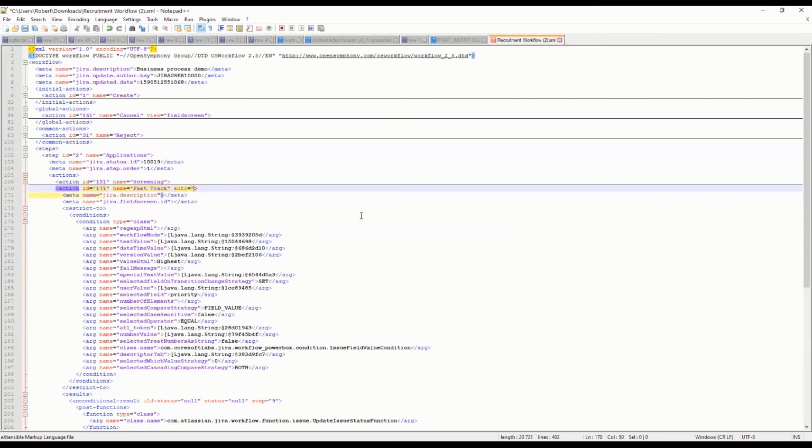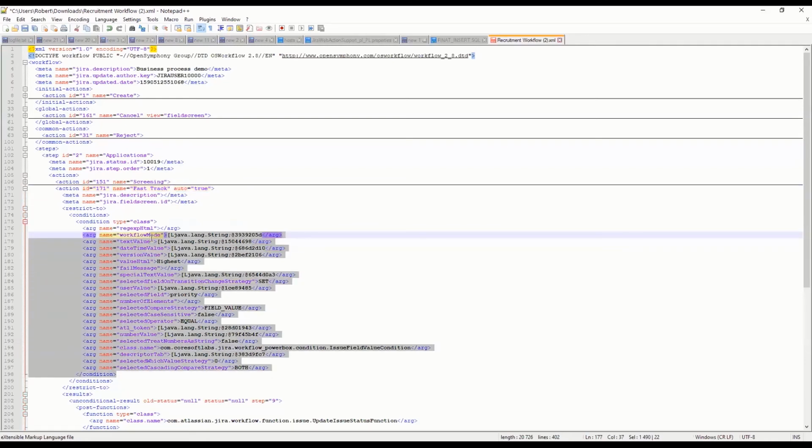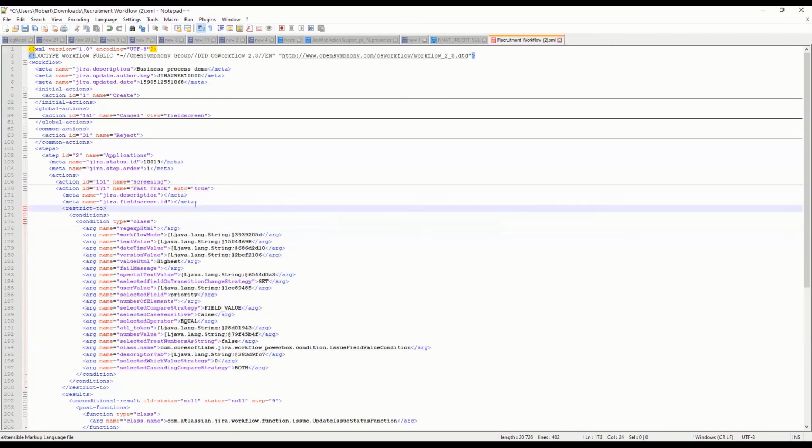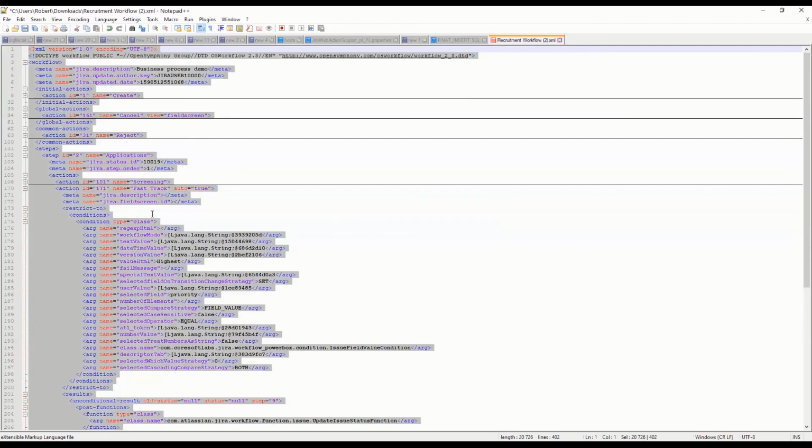What I will do is adding to the action fast track a new element: auto equals to true. What does it mean and why do I know it's there? Because it's an Open Symphony feature, it's not a Jira feature. It's automatically executing this action if we have this condition met. So let's add auto equals to true in the action, copy everything to clipboard and paste as new